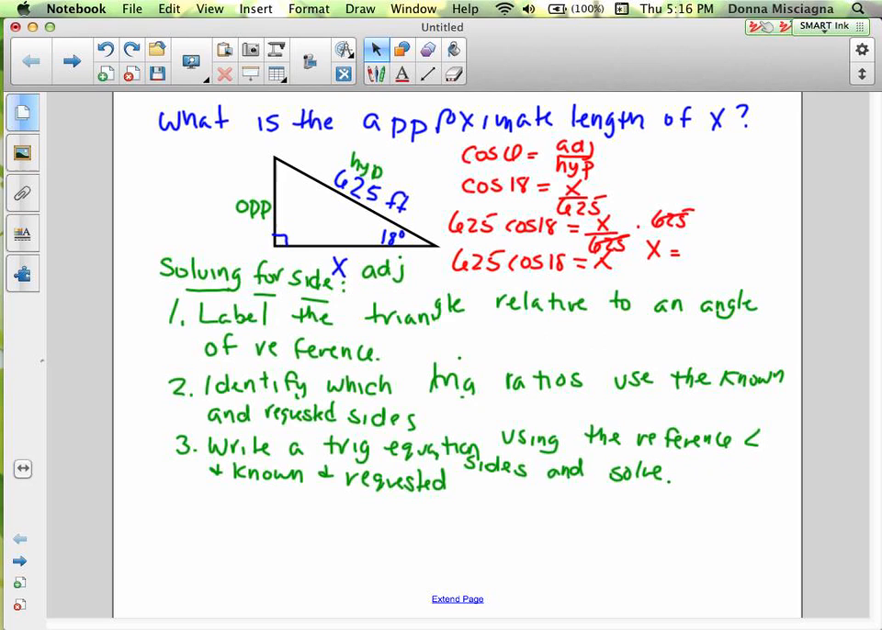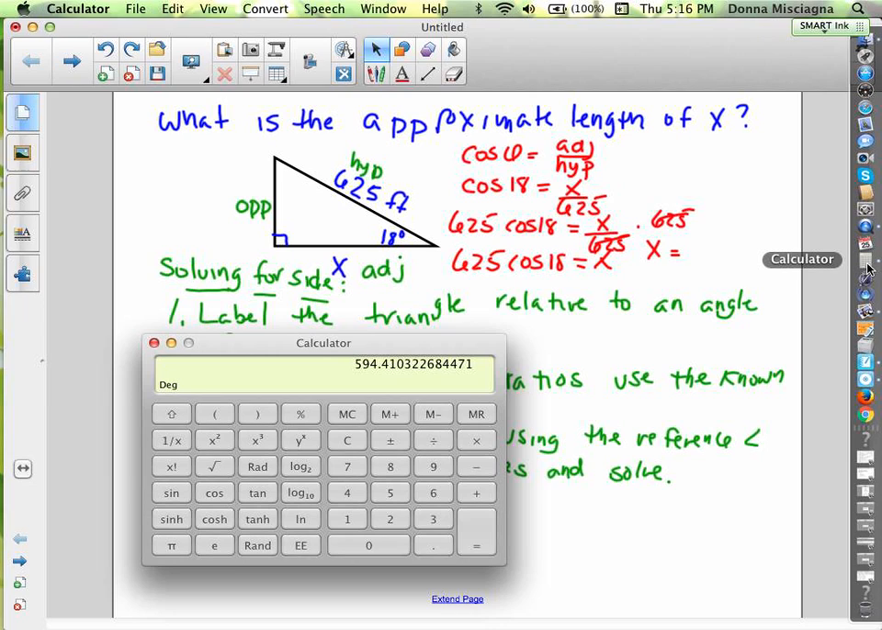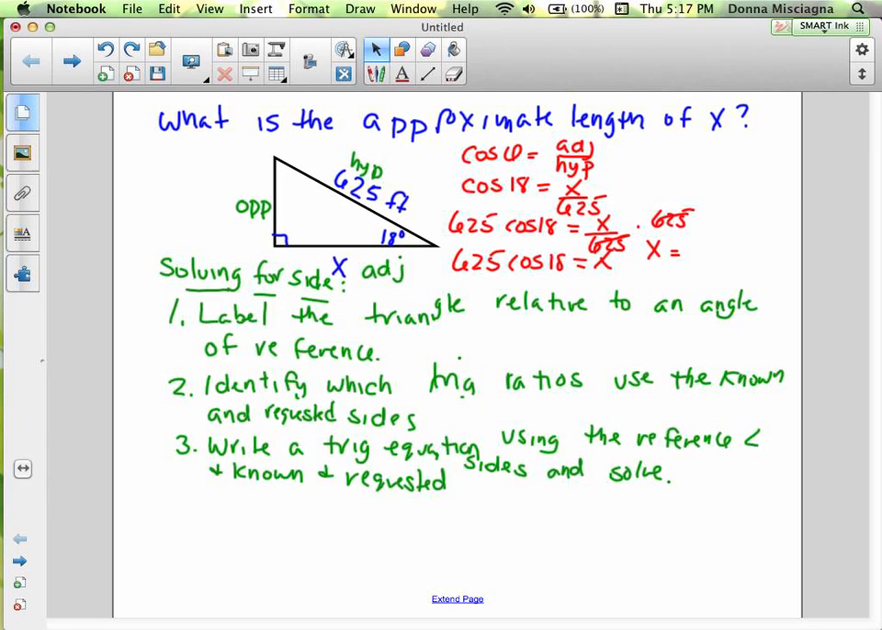Uh-oh. I don't remember the number. 594.41. All right, and so, that's what, oops, I have been informed. All right, so I'm going to